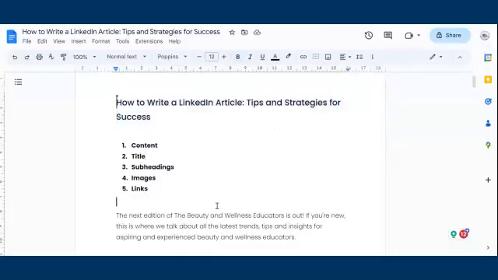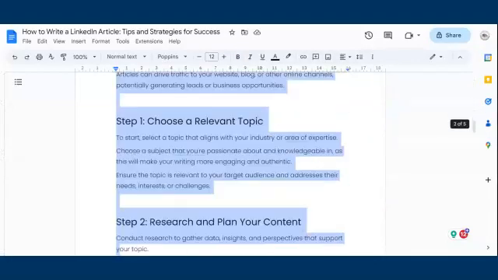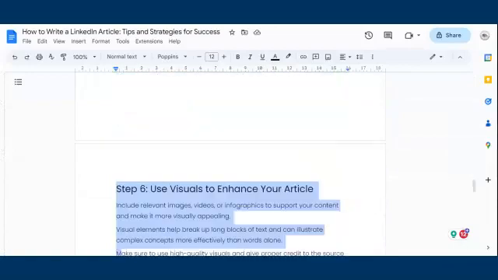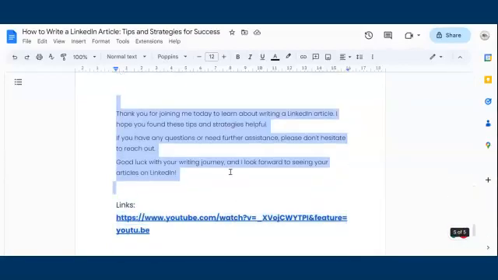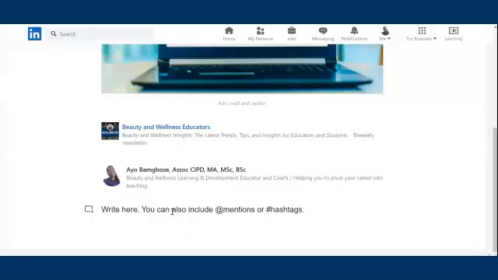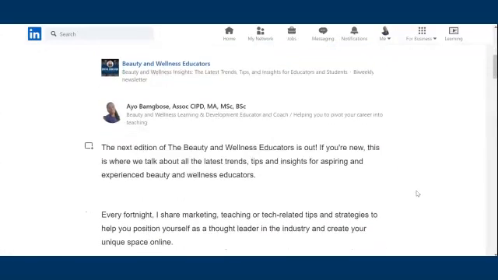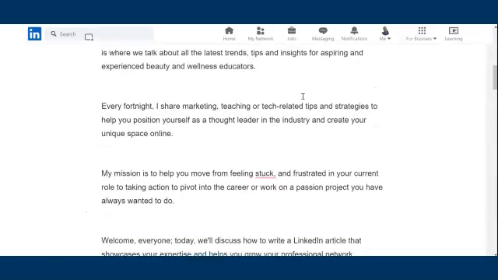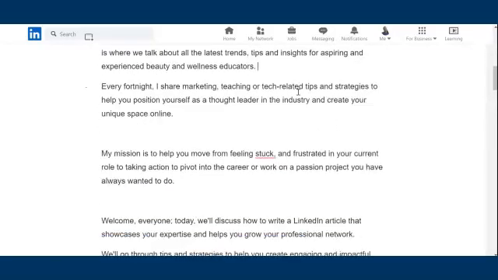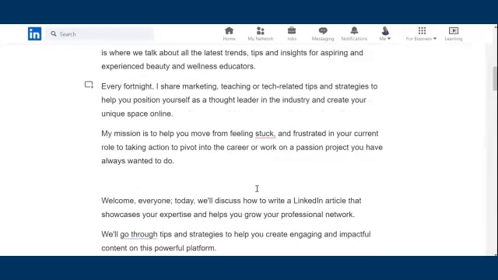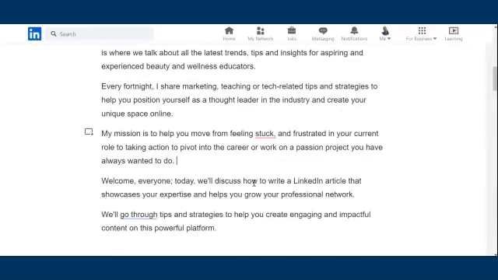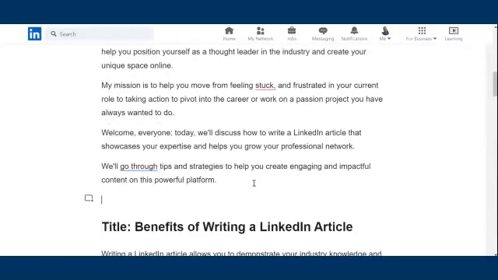I'm going to go to my article. I've prepared the article all within Google Doc to make my life so much easier. Now I'm going down, grabbing all of it, copy, and then going back to the LinkedIn article and paste. You'll see how it's then formatted. There's quite a bit of space in between. If you don't want that space, all you're going to do is go into the space and click delete.